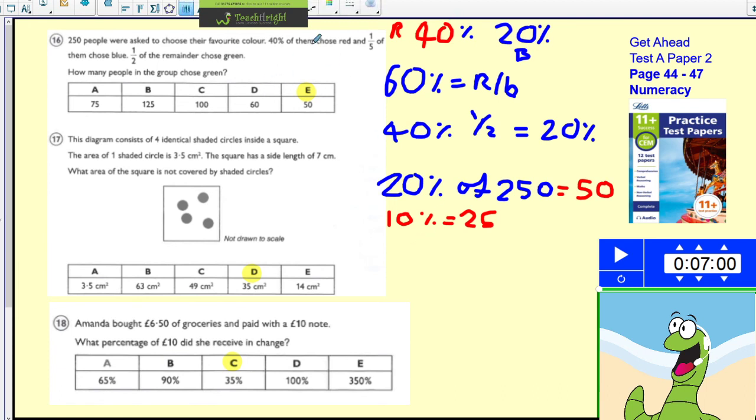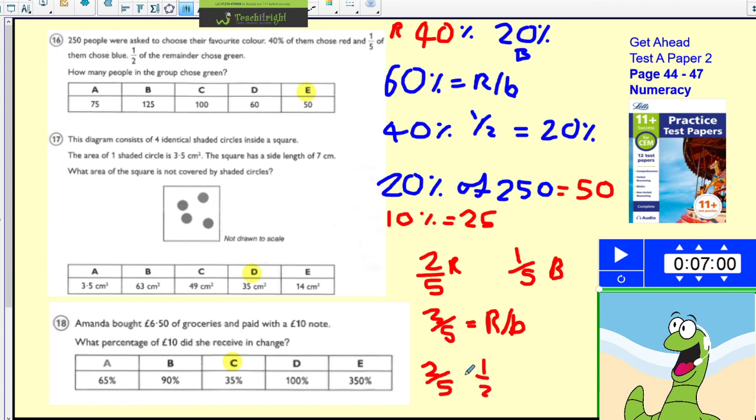Again, instead of converting them both to percentages, I would have had 1/5, and 40% as a fraction is actually 2/5, which means I would then have added together. So instead of 60%, I'd have had 3/5 equaled, so that was red, that was blue, that was red or blue. So that means we've now got 2/5 equaling both. We want half of that, so half of 2/5 is 1/5. And again, we said 1/5 is the same as working out 20%. So now if I did 1/5 of 250,